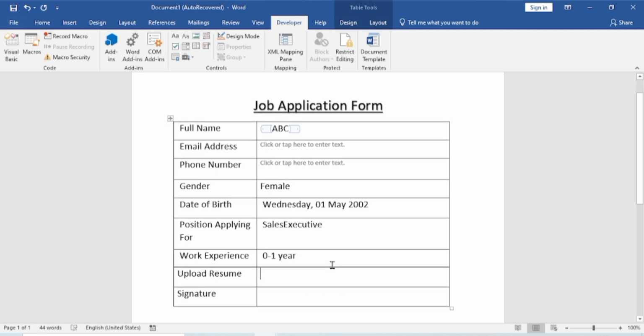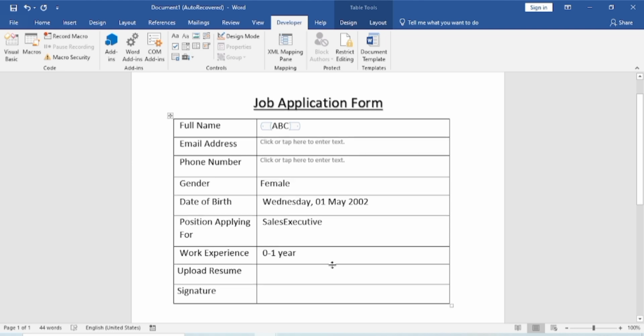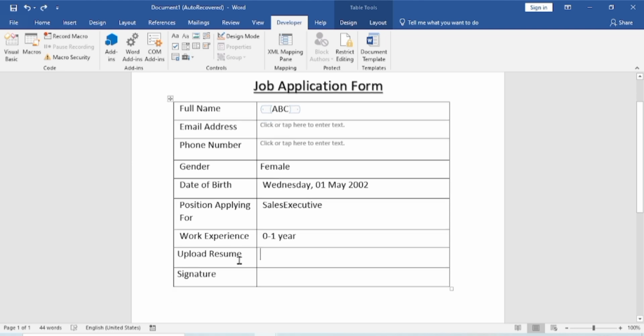To upload resume, we will add a field to insert the resume link. Click Plain Text Content Control from the menu. So you can insert the resume link here. In Properties, mention the title as Paste Resume Link.